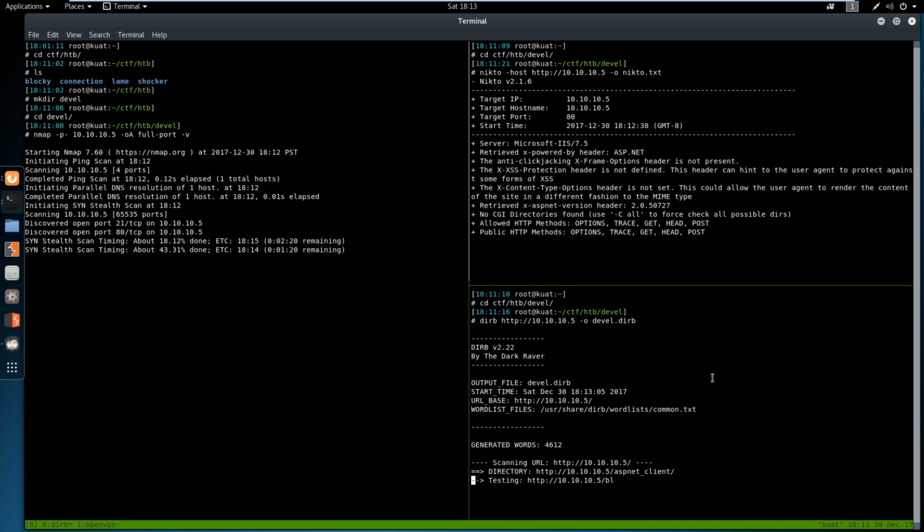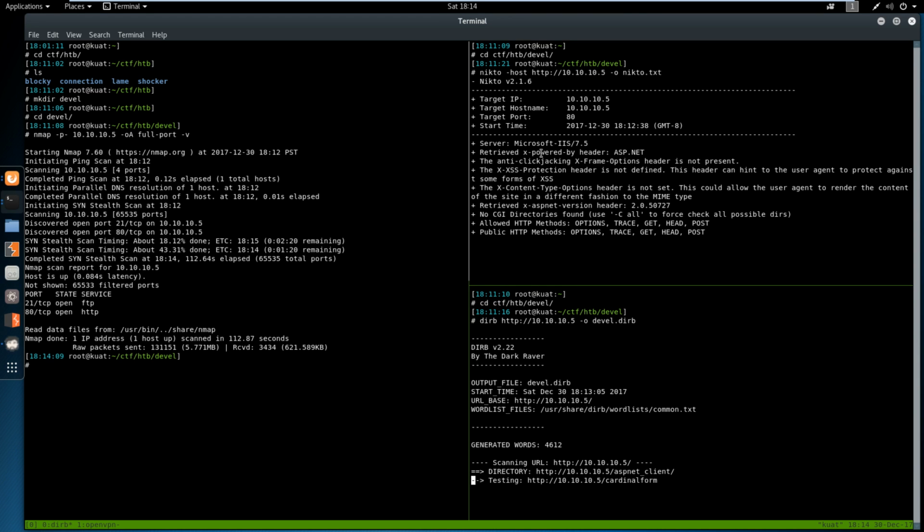The secondary objective is to run a bunch of tools against the box so I can show off a little bit of the functionality of Faraday that I was talking about earlier. So let's see. Nikto isn't getting much here. It's found some methods, it's not that big of a deal. We already knew that 21 and 80 were open here. Dirb has found something interesting, but yeah, Nikto is